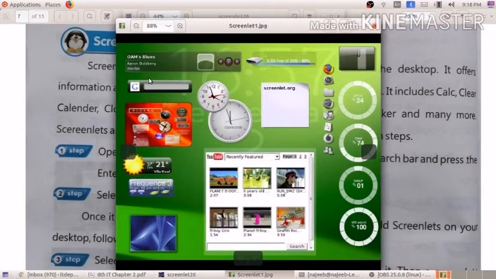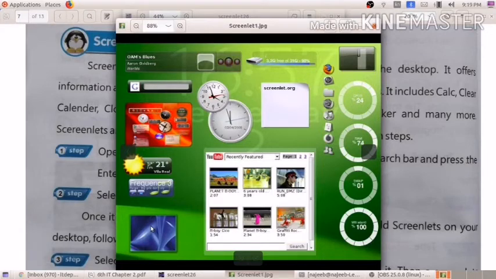And the next one is the hard disk space. It's another screenlet for understanding the memory usage, the free space or used space of the hard disk. Then you can see here CPU usage percentage, then RAM usage, then swap area usage, and some other things. So all these contents are examples for screenlets.